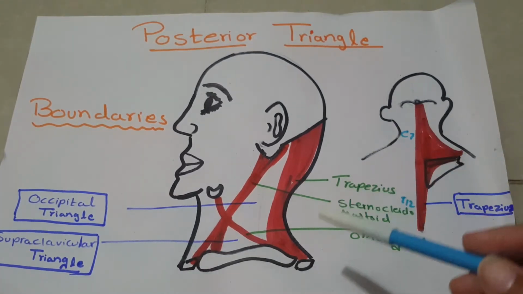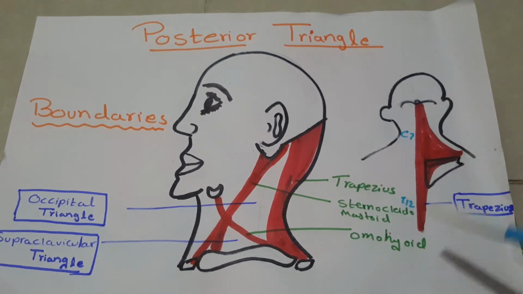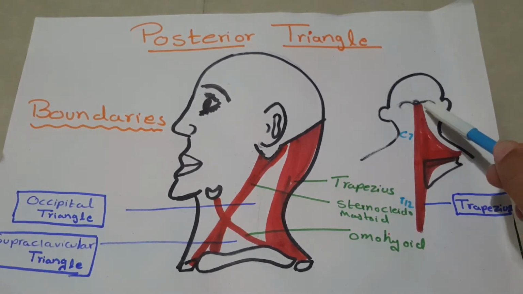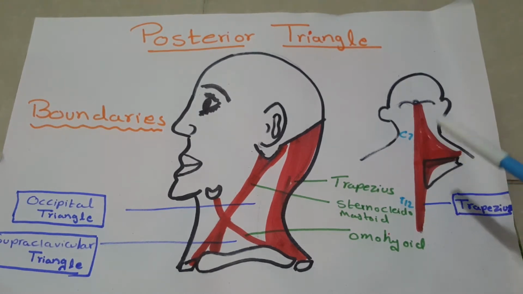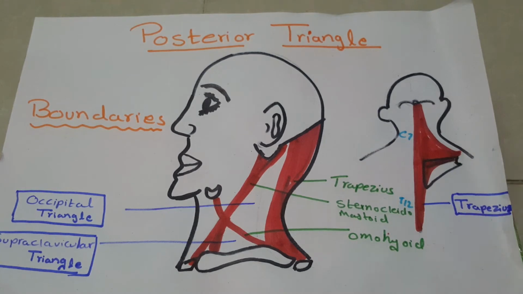Now let us discuss the trapezius muscle. I have drawn posterior view showing the trapezius muscle. As you can see in the diagram, trapezius muscle originates from the external occipital protuberance, superior nuchal line, C7 to T12 spinous processes. Trapezius muscle is finally inserted on the upper lip of the spine of scapula, acromion process of the scapula, as well as lateral 1/3 of the clavicle posterior border. Trapezius muscle is innervated by spinal accessory nerve.